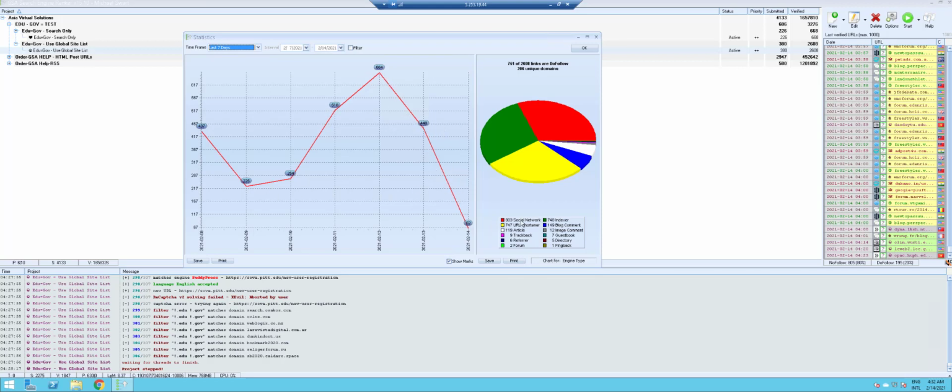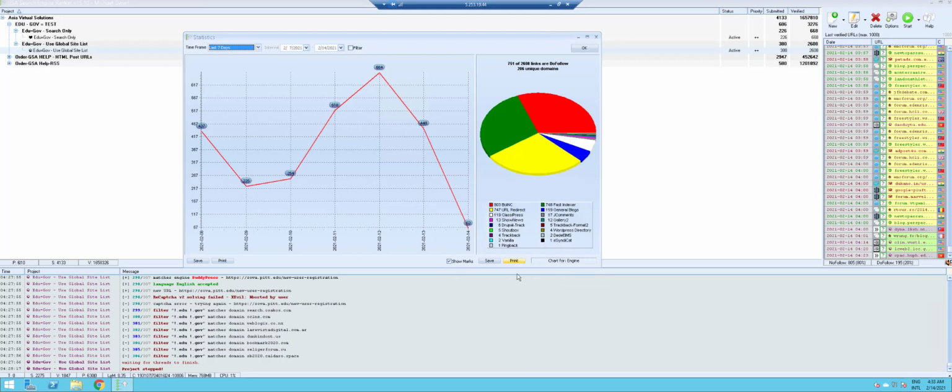And then you can see here, 803 social network links, 747 URL shorteners, 119 edu articles, 9 trackbacks, 9 referrers, 748 indexes. If you click this, the engine type, you can see the engine type